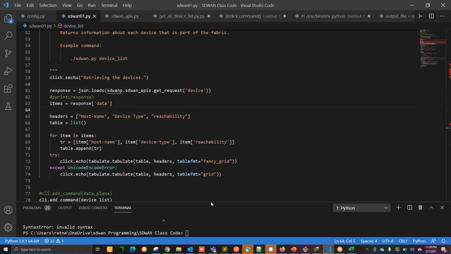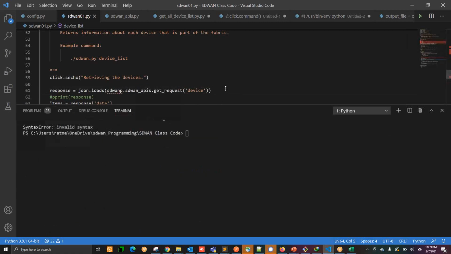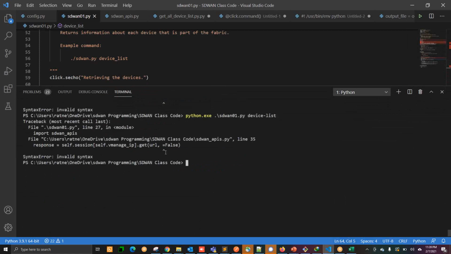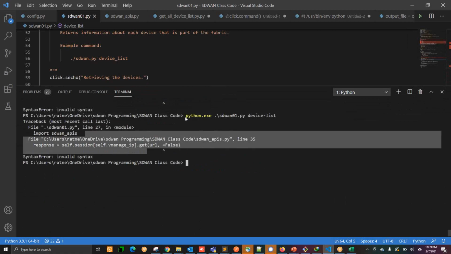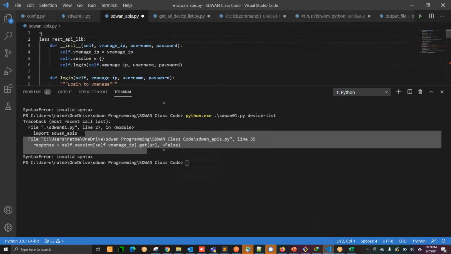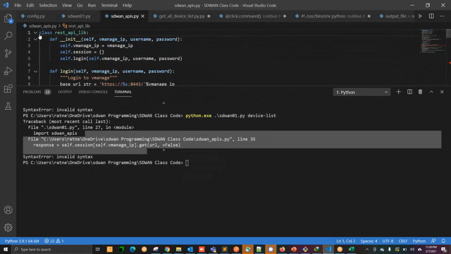And then you can go and check this. Come on, it's import SD-WAN APIs. Yeah, I can understand inside the SD-WAN APIs. Here also we have to define some sort of import statements. Okay, but yeah, we'll see that.